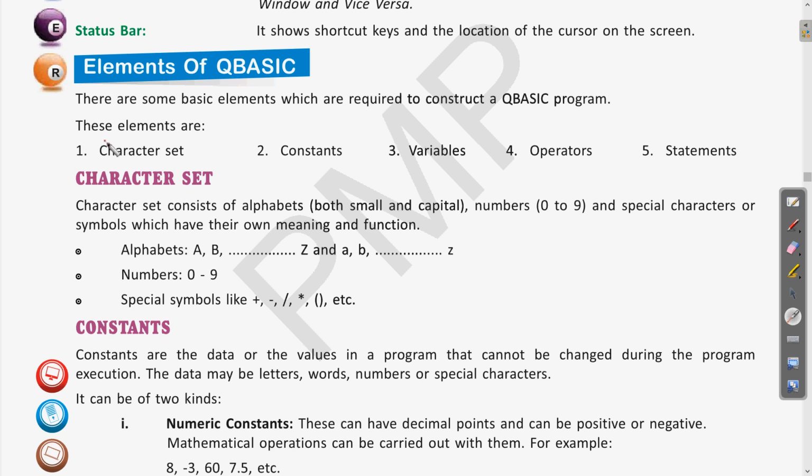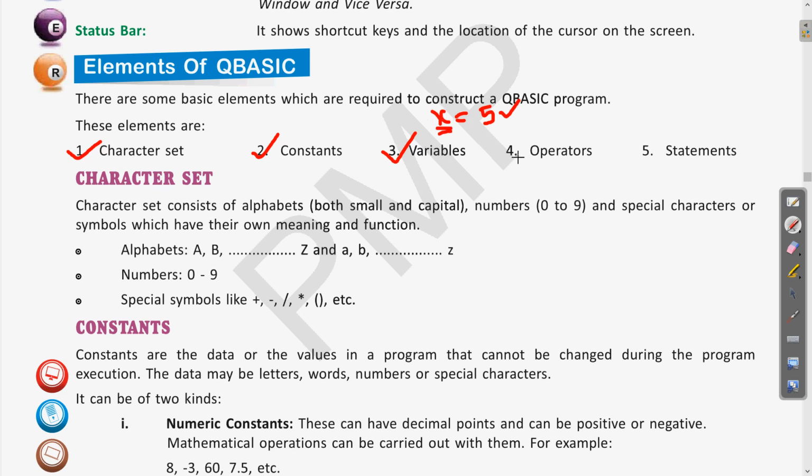So these elements are: first is character set. A few combinations of characters will be called a character set. Then constant; we will see these terms when we explain this. A constant is something which is fixed and cannot change. Clear? Then variable. For example, if you are writing in maths, we define x is equal to 5, y is equal to 2. Clear? Then find x plus y. So x, or anything which holds some value, is called a variable. And this 5 is a constant, and x is a variable.